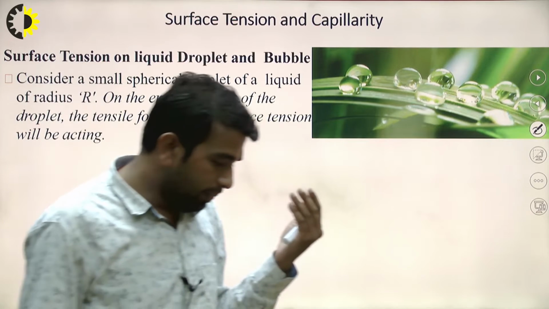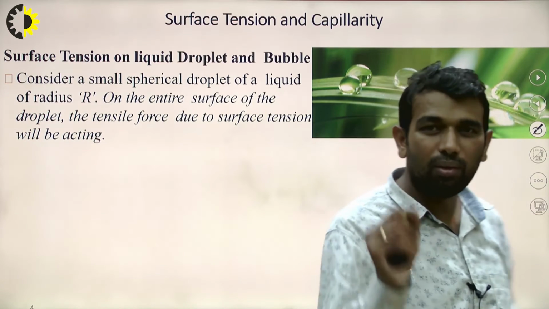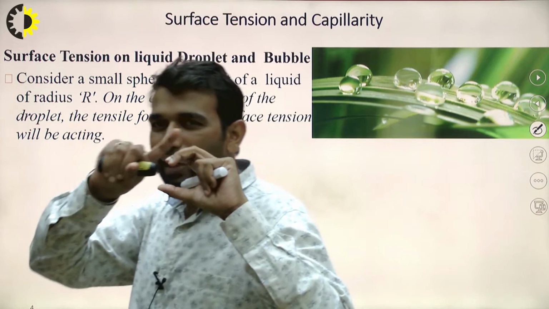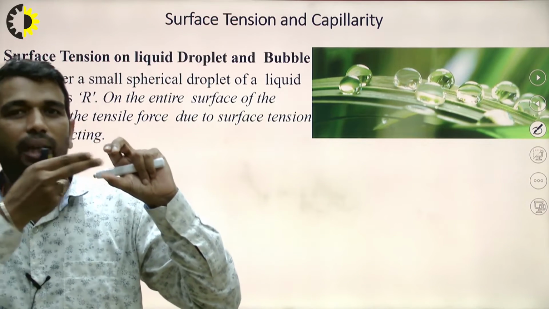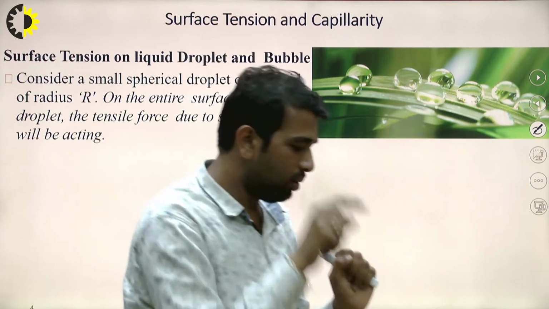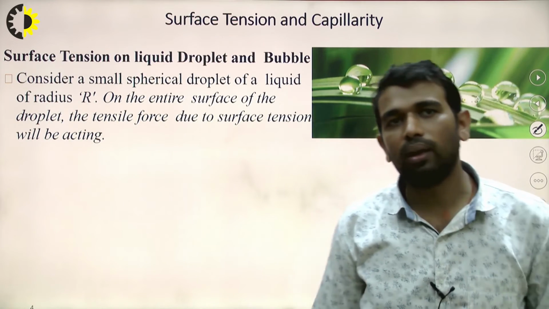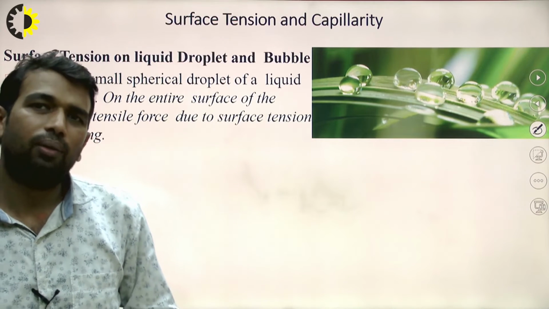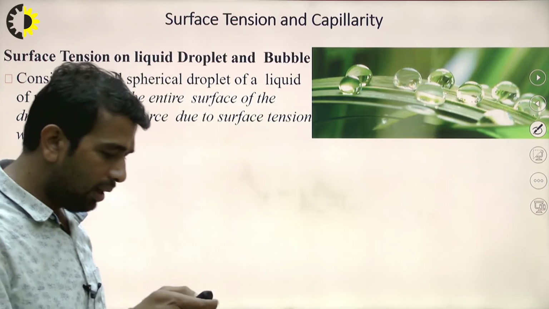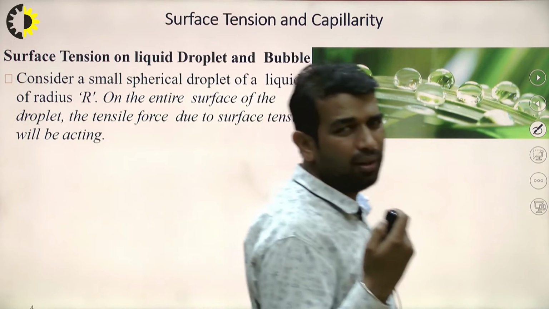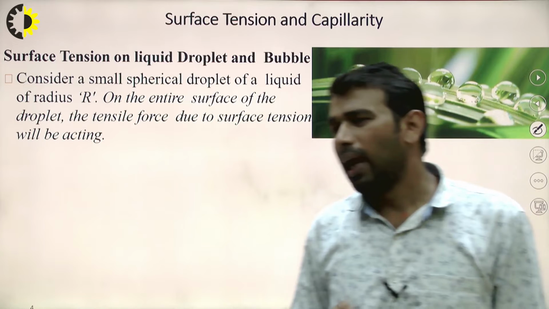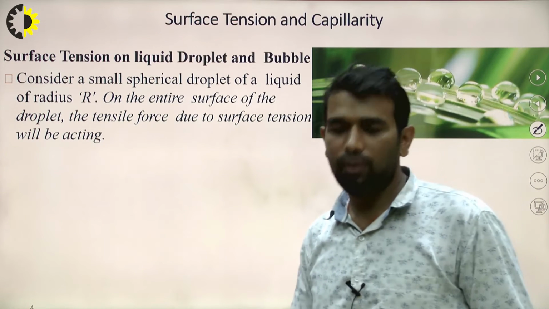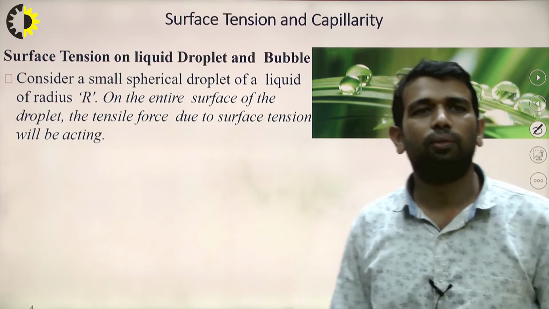But if you take the example of a soap bubble, how does it look? The outer layer is soap, the inner side is again air, and the outer side is again nothing but air, and because of that we call it a bubble. So a bubble and a droplet are quite different. In a bubble we have air inside and outside, and in between a thin layer or film of soap. Whereas a droplet is completely filled with the same liquid as its form.